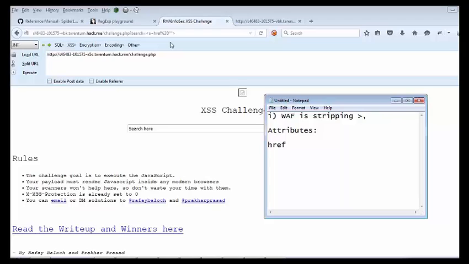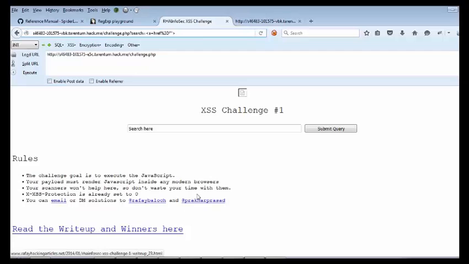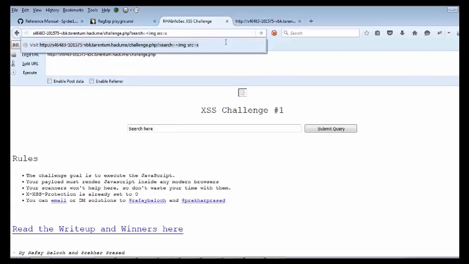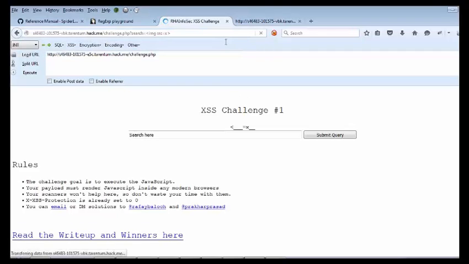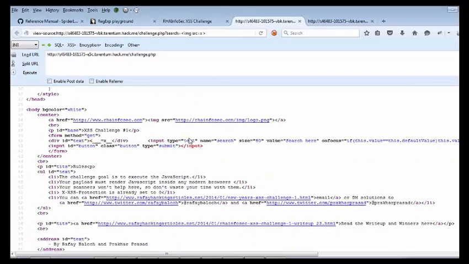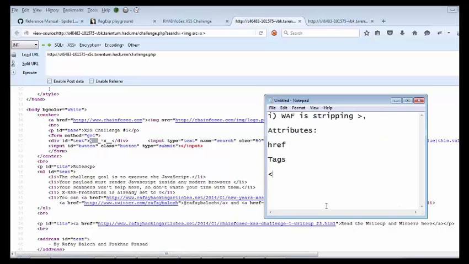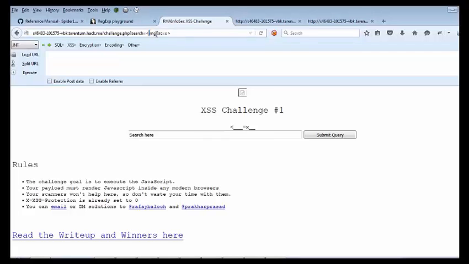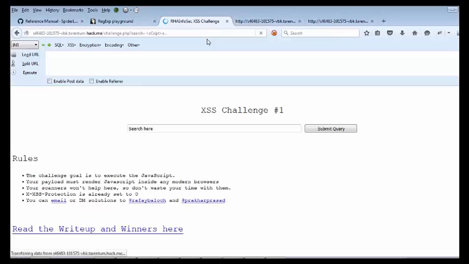So what was next, right? Since we are not able to execute href attribute, we can try image src x to see if the WAF is allowing it or not, right? So we now know that image tags are also blocked. How about script tags? And I don't bother trying it on a WAF,